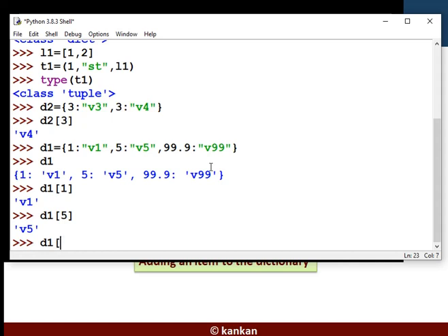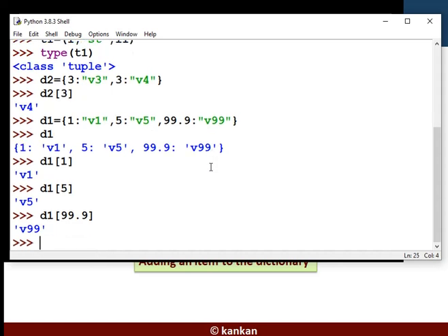Similarly, we can mention 99.9 as a key value to access the corresponding value. Okay, so that is V99.